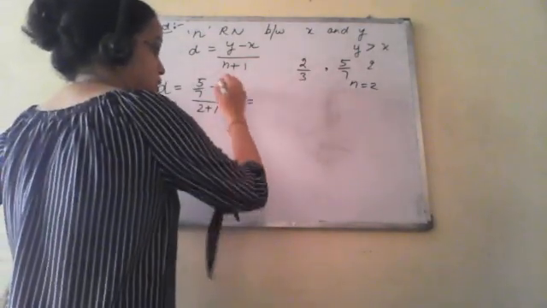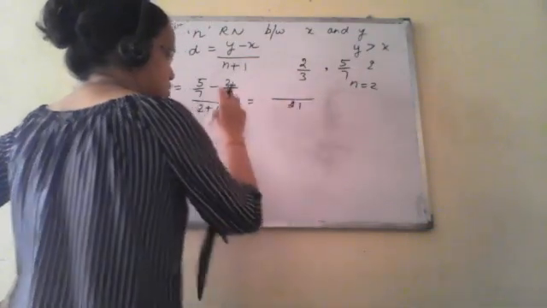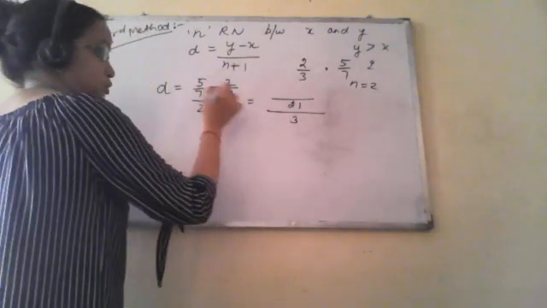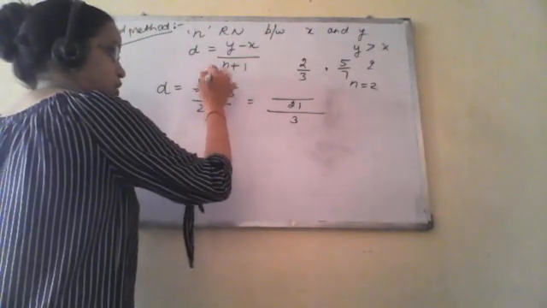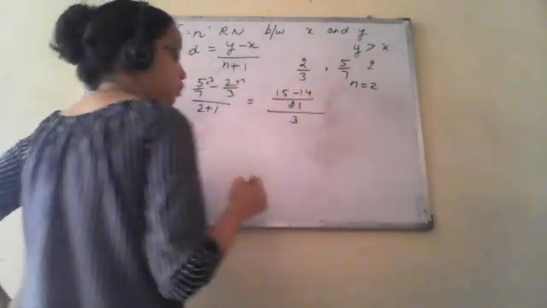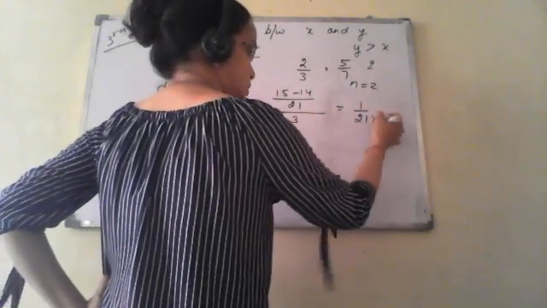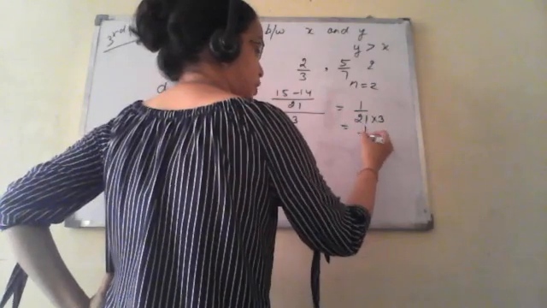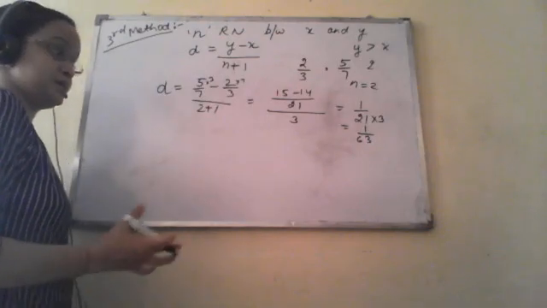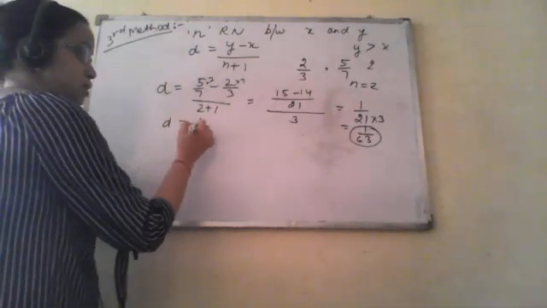So now we will find this value. This is 21 because you have to find the LCM, and upon 3. So this will be into 3, that is 15 into 7, this is 14. So this will become 1 upon 21 and this is 3. So this is 1 upon 63. This is a very big value, but in order to understand, I am doing this. So d will have this value 1 upon 63.